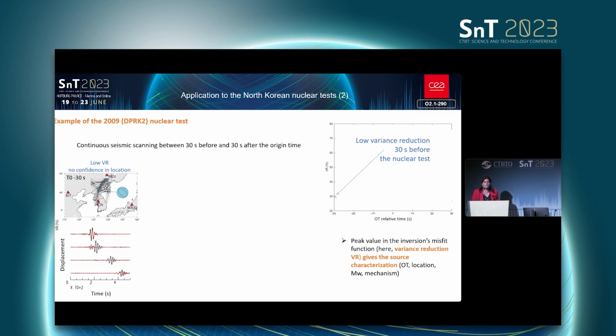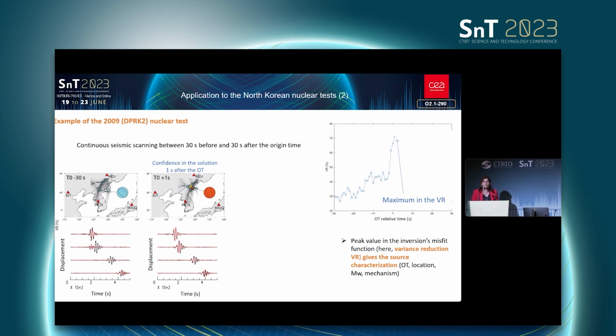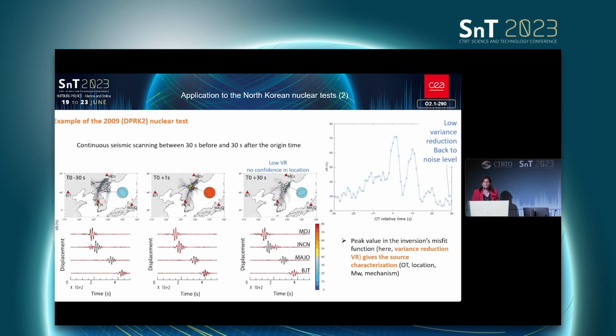So I'm going to show you an example for the 2009 DPRK explosion by showing you 3 different time periods. One starting 30 seconds before the explosion, one that is obtained 1 second after the origin time of the event, and one other 30 seconds after that. At the bottom, you see the vertical traces filtered at long period for the 4 stations. And GridMT is inverting for the 3 components of the 4 stations, but I'm only showing here the vertical